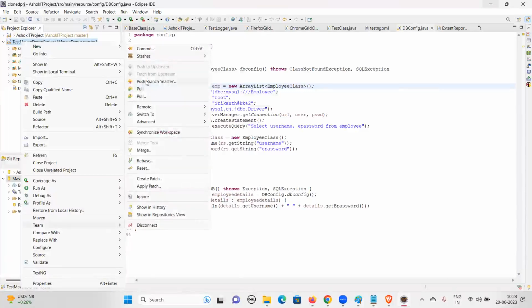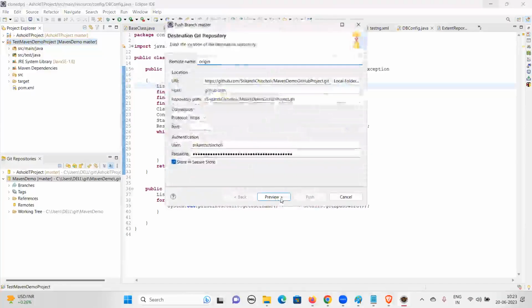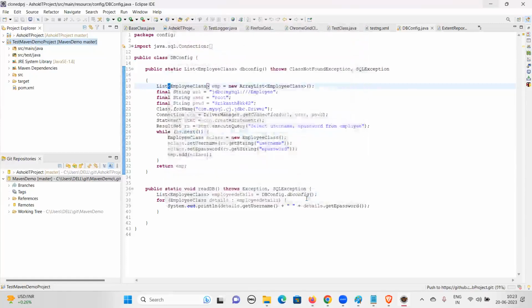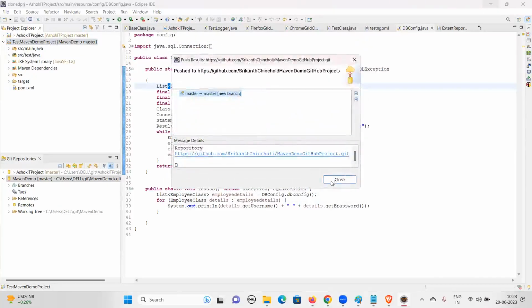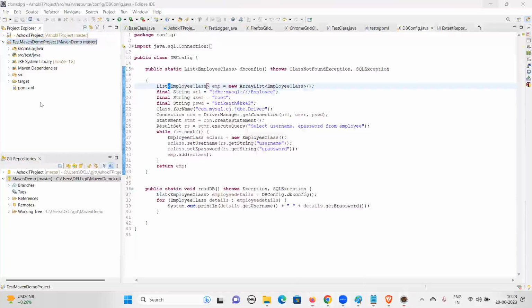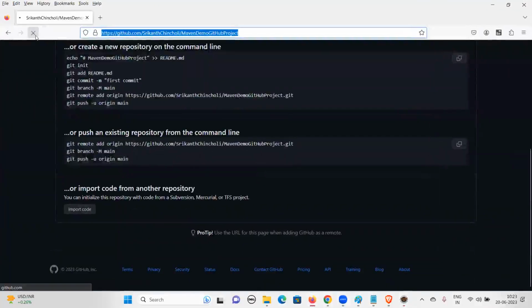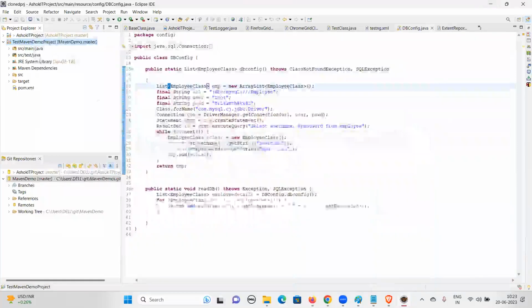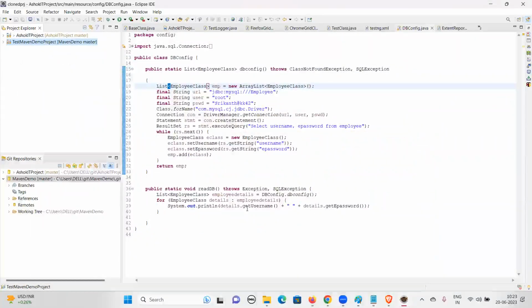Maven team push branch. Okay, so I'm just pushing this branch. When I say push, it is going to push all the code here. Okay, so the thing is, guys, one thing that we are missing is the connection, if I show you